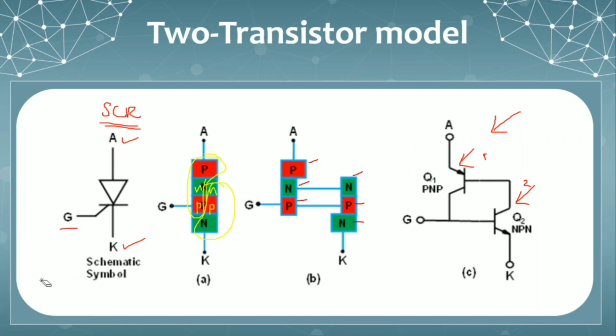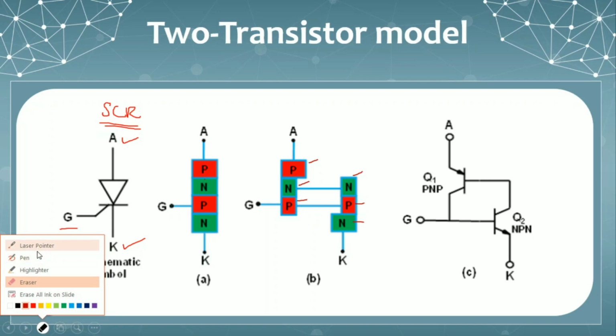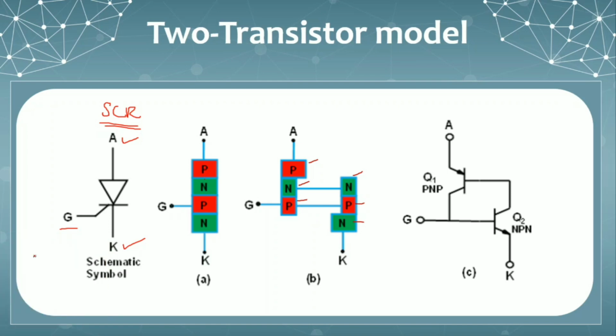Now coming to the working, how does this work, or what is the importance of this model? The importance of this model is that we can analyze the switching operation of the SCR. So coming to the switching operation or biasing of this SCR,